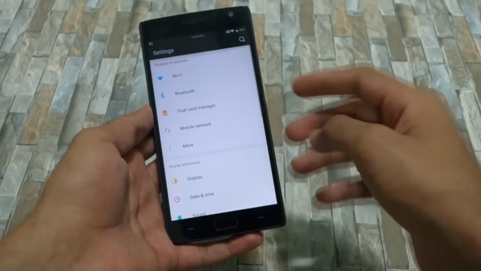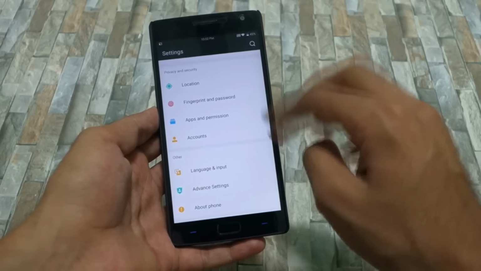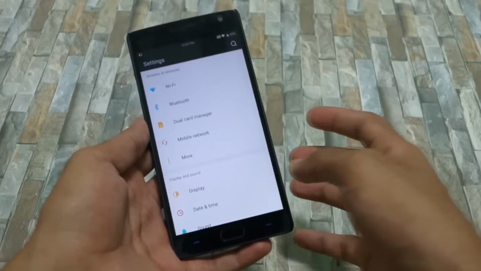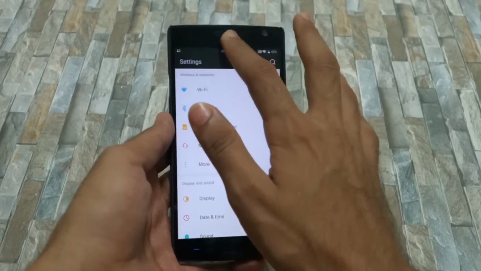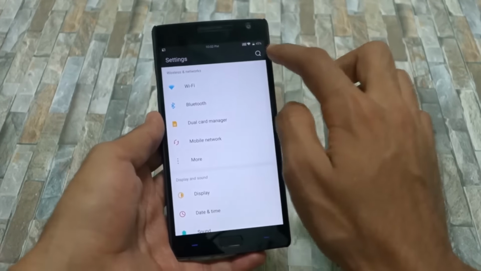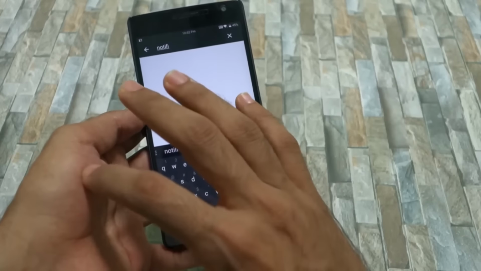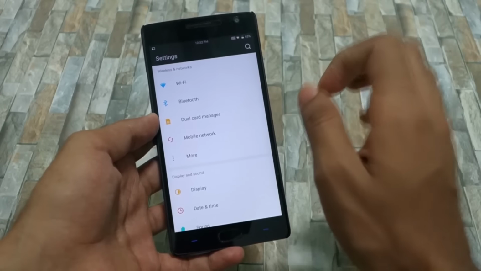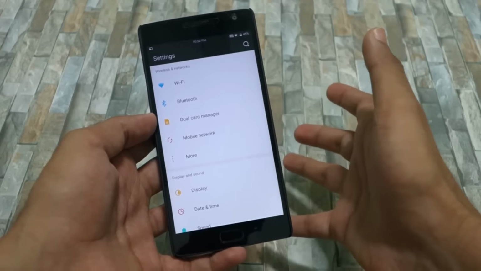And if you look at the settings menu, it's just very small. There are not many settings that you can change from here. And I had a very big issue with notifications. Like I did not get notifications for WhatsApp. Yeah, I don't know what happens to that. And you don't even get the notification icon over here. And if you try to search for notification to customize the notification settings, there is no option for that. So yeah, specifically I had an issue with notifications, like the phone did not vibrate when there were notifications for the